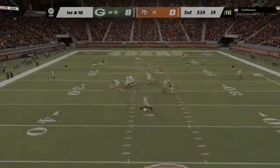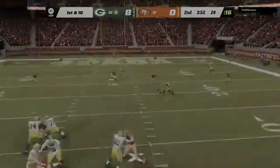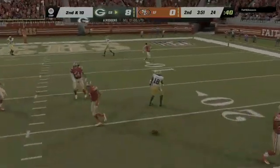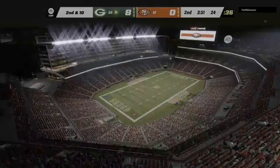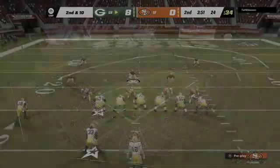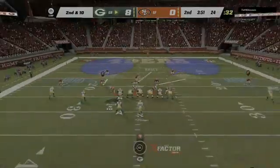Rodgers again now. And that one drops down, incomplete. Good coverage there, forced the ball free, and it's 2nd down. So after the incompletion on 1st,